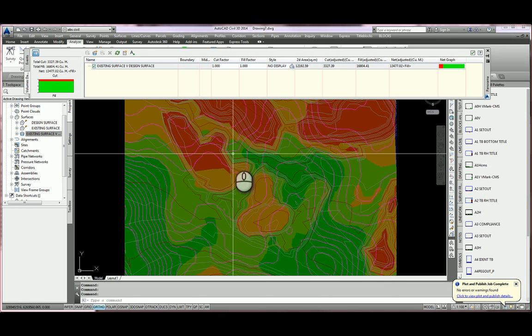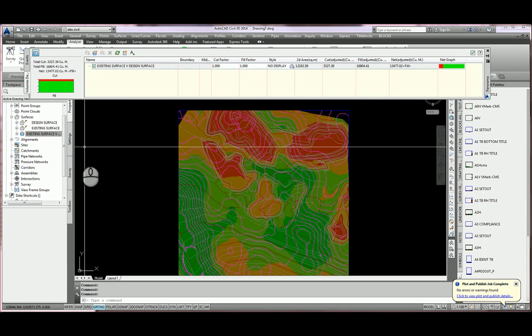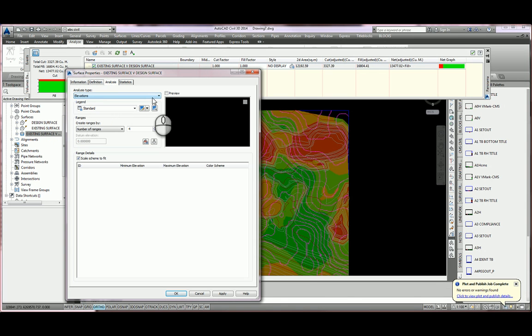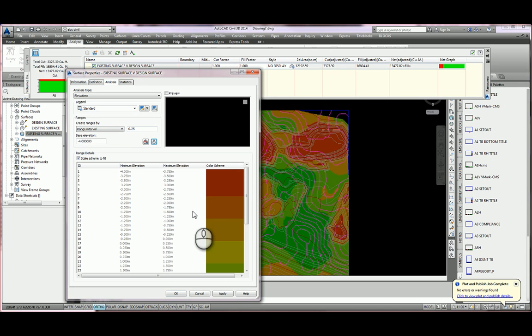So we've actually got banded colors of elevations, but it hasn't really been set up yet to define exactly how we want to show the cuts or fills. So if we go into the surface properties and we go to the analysis tool, we're going to show the elevations, but what we'll show them as is a range interval. So we'll actually give it a 0.25 interval. It automatically selects a range for me, and if I apply that, you'll see my background here has changed. It's actually given me a range in colors accordingly. And if I click OK,